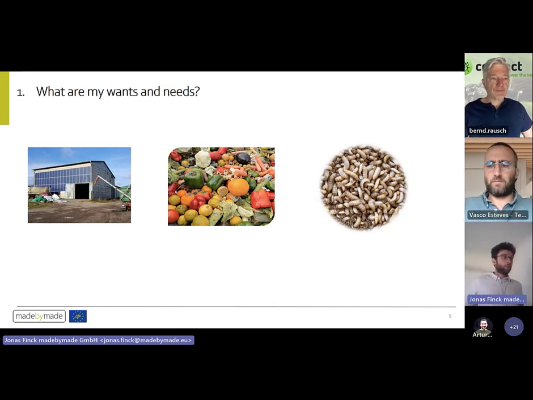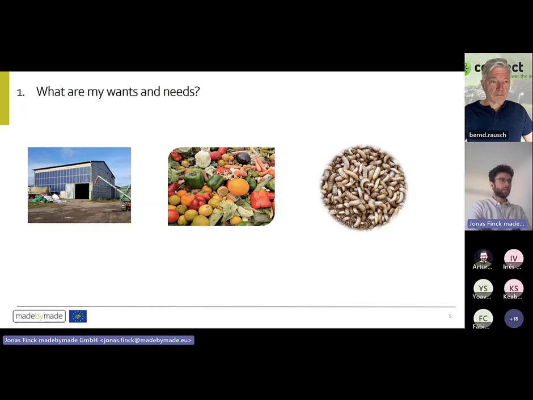So I will talk a little bit now from my personal experience, how I came to that project and how we started it. So first of all, you can imagine, maybe you think, I have an old building, I want to reuse it. And the next experience, when potential customers talk to us, they say, okay, I have a lot of organic waste, I want to use it. I think about how we can get rid of this organic waste. And others are more interested in the proteins and producing alternative proteins.